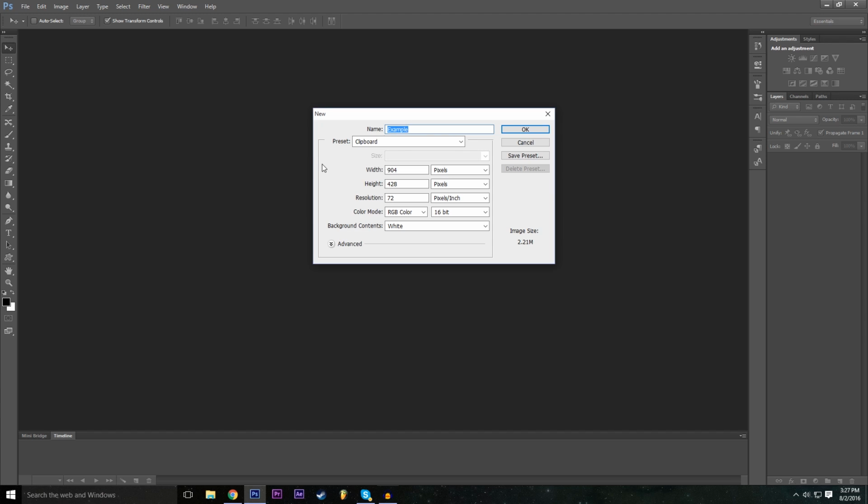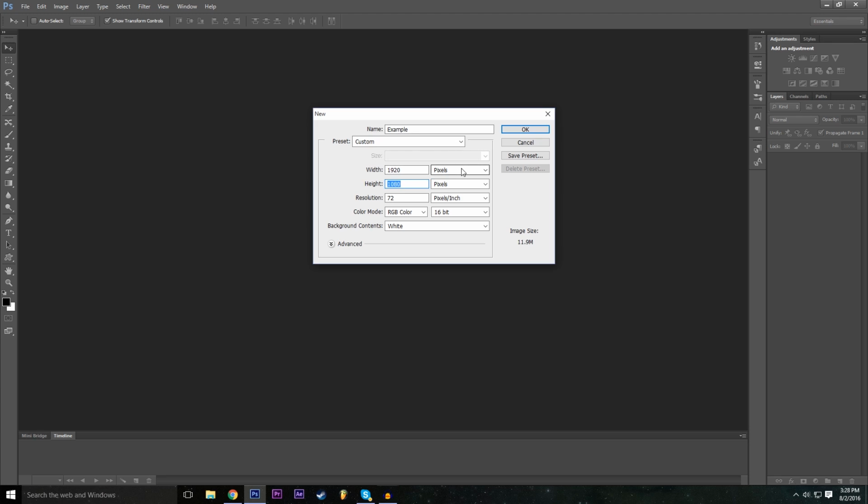And then for the width and height, you can later on do whatever you want, depending on what sort of project you want. Let's say you want to do a Twitter header or something, and there are certain dimensions you want, then you choose that. But for now, we're going to do a standard 1920 by 1080 dimension for this project,